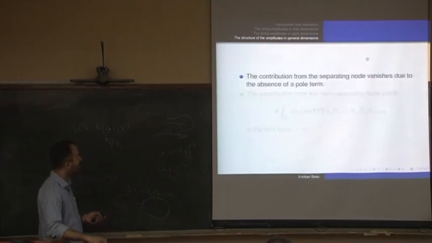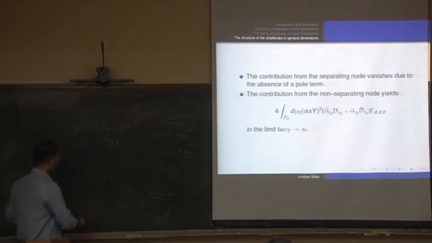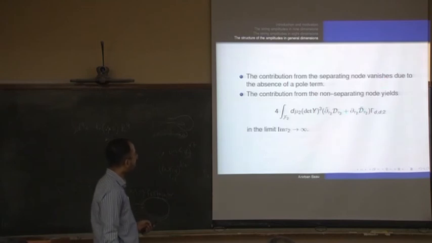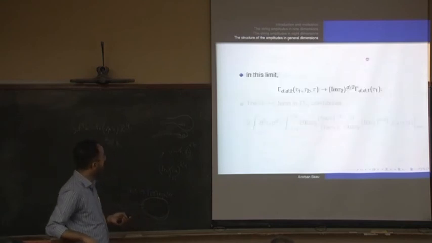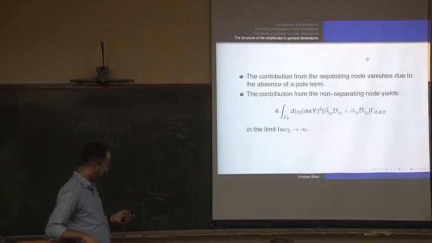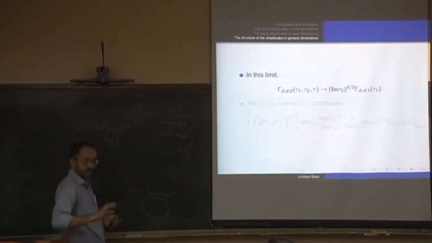That we know vanishes. So now let's look at the contribution from the non-separating node. This actually involves the boundary term coming from the T2 derivative, because the non-separating node was the node where the imaginary part of T2 was going to infinity. And I'll give you the answer. One has to carefully look at what contribution this curly T2 gives. The important thing to note is that in this limit the lattice factor simplifies. The lattice factor actually has the lattice of this remaining one-dimensional T2 times this factor here.